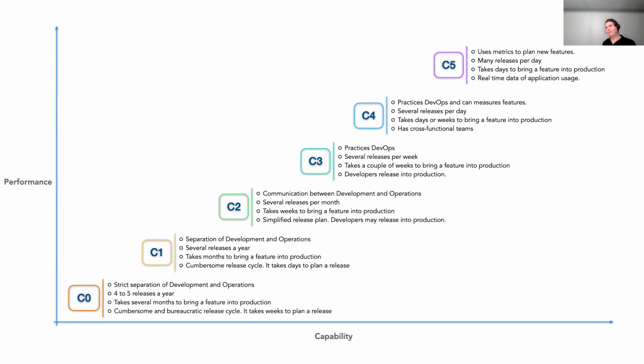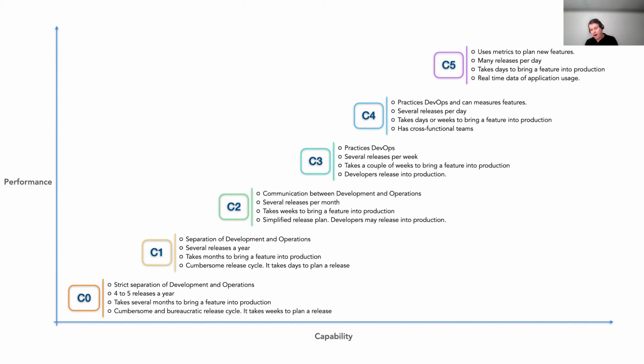And this is also one favor I want to ask you. Just try to imagine where in this graphic your organization or your team is. Just like a self-reflective process, to figure out, okay, where am I here in these capabilities? Where am I? I'm at C2, I'm at C4. Where is my company, my organization? Just think a little bit about it. We will take a look again at this graphic at the end of the presentation.